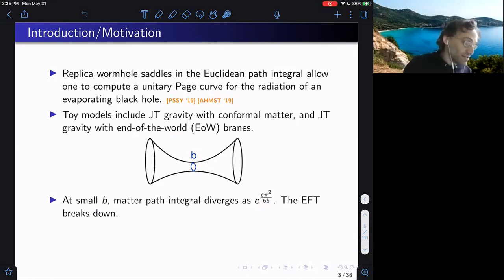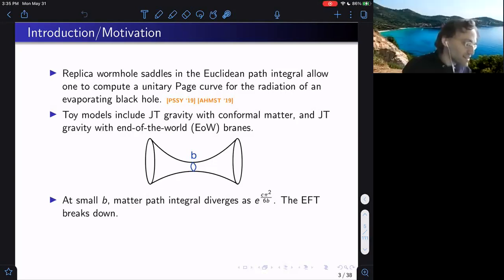I think a better interpretation is that this is just a UV divergence in the effective field theory of JT gravity plus matter. This just shows that the effective field theory is breaking down. So what we would ideally like to do in this situation is to regulate the UV divergence and express physical quantities in terms of renormalized parameters. This is something that we would like to be able to do in JT gravity with conformal matter, but we have not been able to do yet. On the other hand,